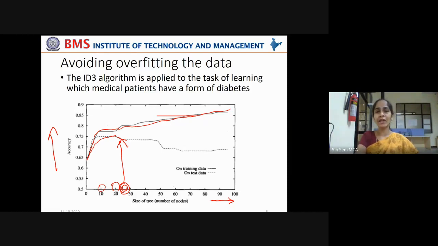In such a case, when it is given an unseen combination that is not seen by the model it is trained on, it will give wrong predictions. That is why the test accuracy started coming down. This is how you need to understand overfitting. If your training data is giving too good accuracy and your test data accuracy is falling, then we say the model is overfitting. When did it start overfitting? Around 25 nodes.